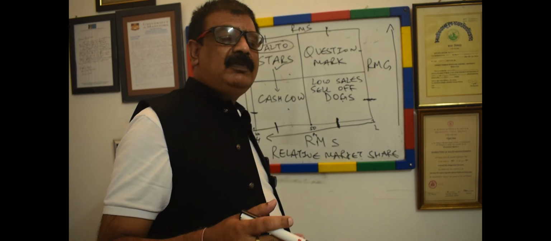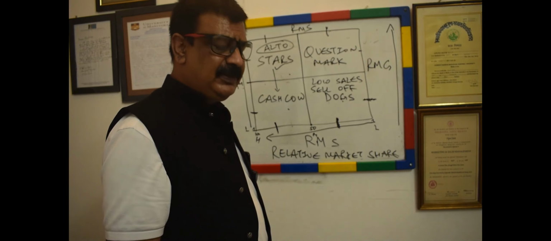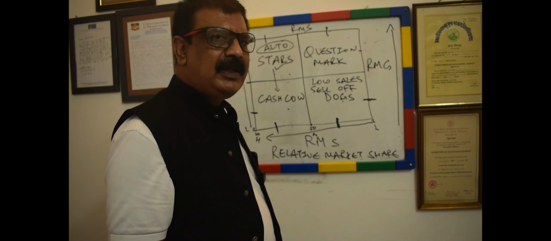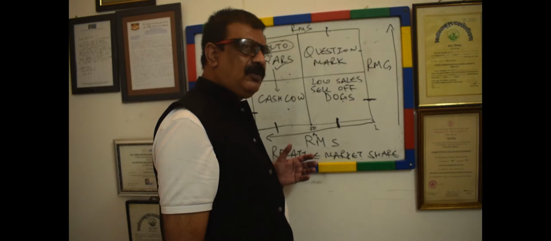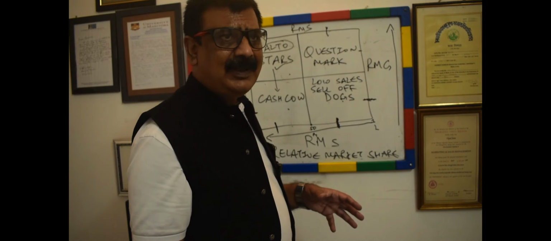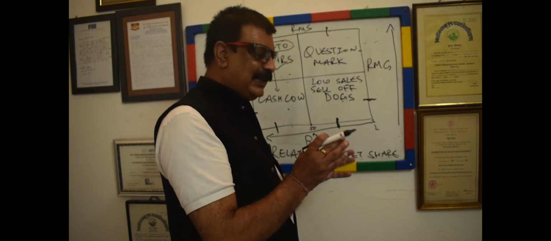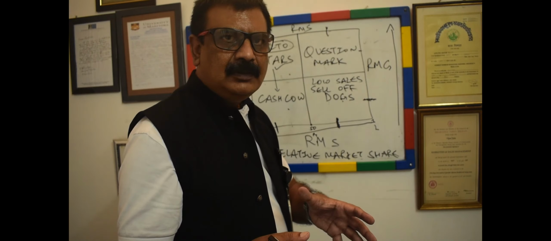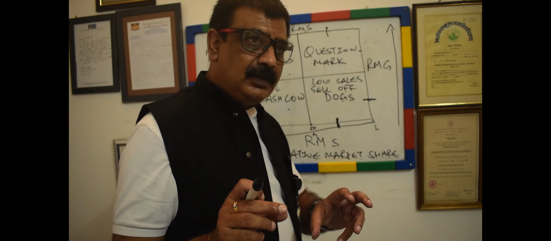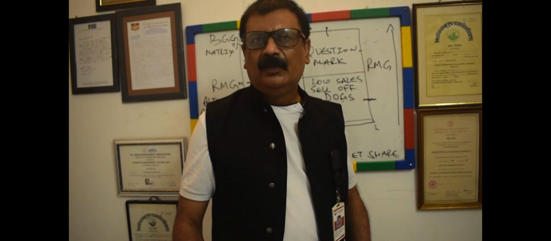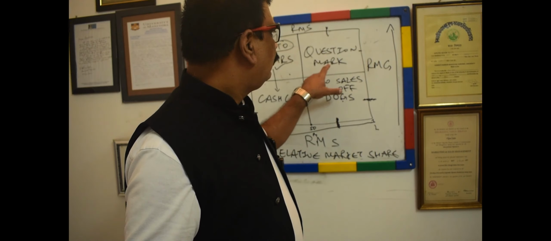Right? Now, when you look today at Pulsar, or even at, for that matter, when Splendor came on, every new product when it is launched, you can say, sir, is it a dog in the starting? No, it's not a dog in the starting. When you are born as a kid, and when you die, you start from 0, you end at 0. But when you are born, that is a positivity. When you are old, biologically, you are degenerating, and your body collapses. Right?